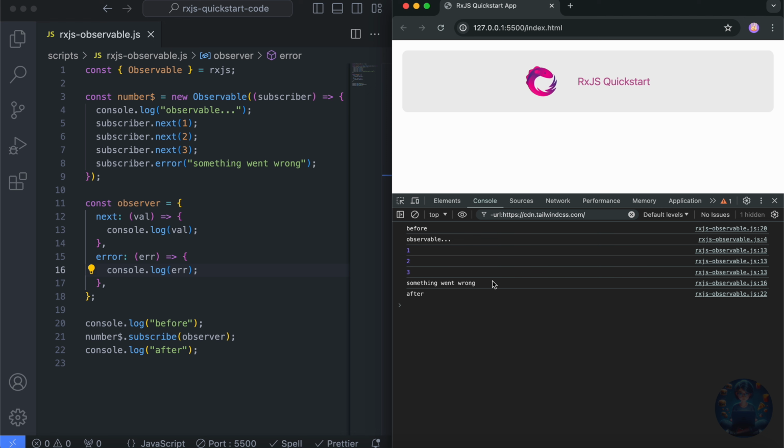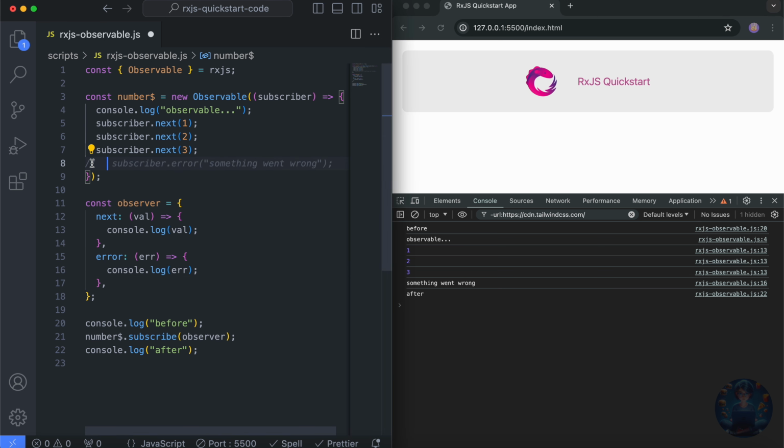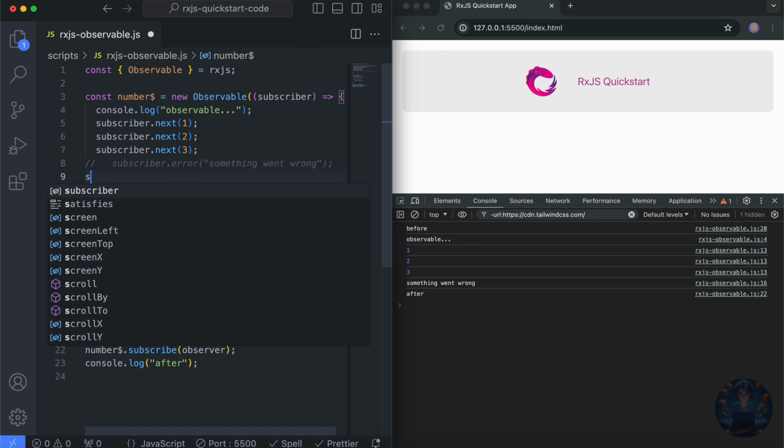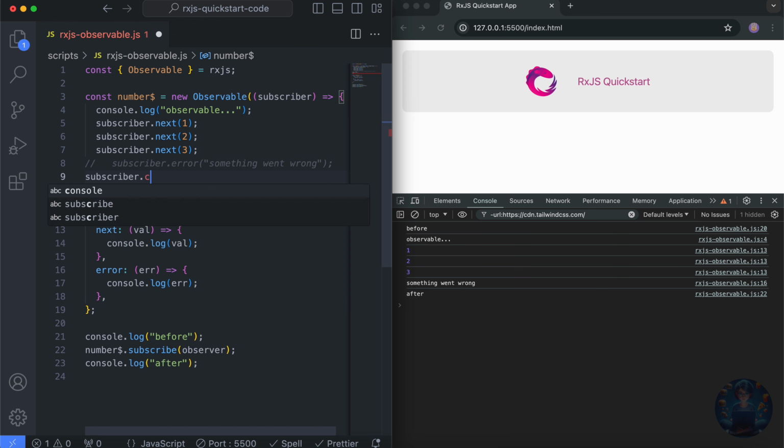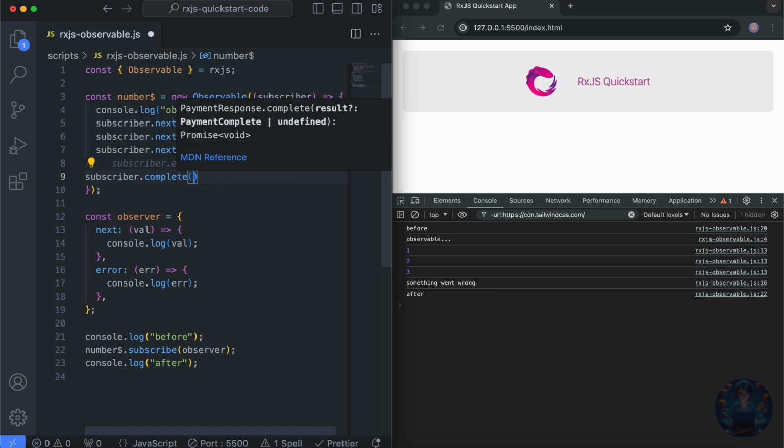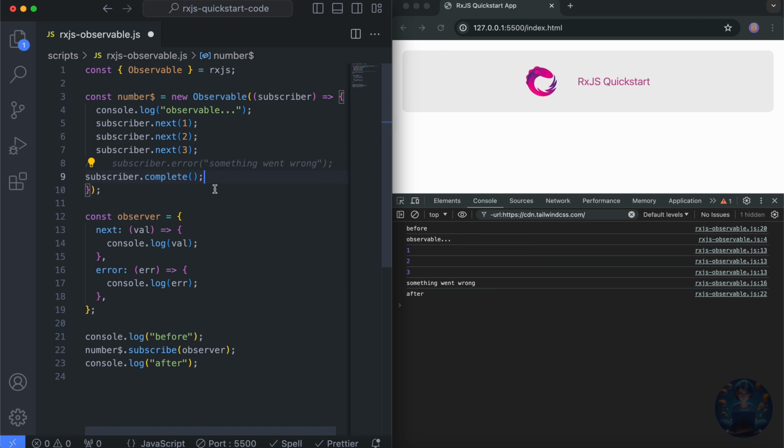Lastly, let's learn about complete. The complete method is called by an observable when the observable has nothing else to emit, no value to emit, and it's completely done, right? So let's comment it out. Instead of error, we'll now call subscriber.complete. You cannot pass in any value in here, okay?